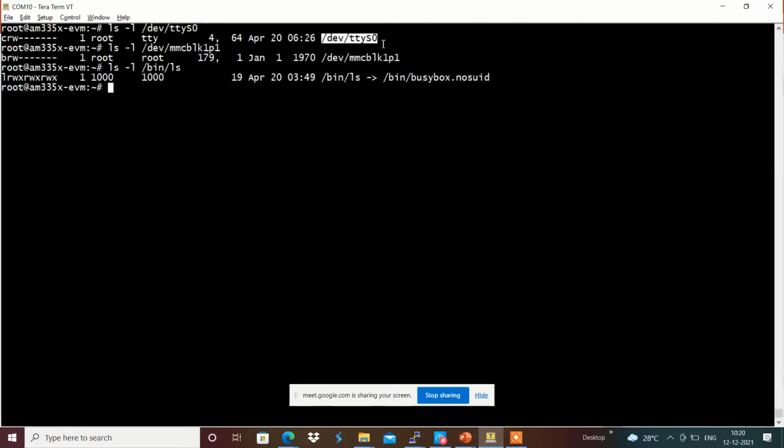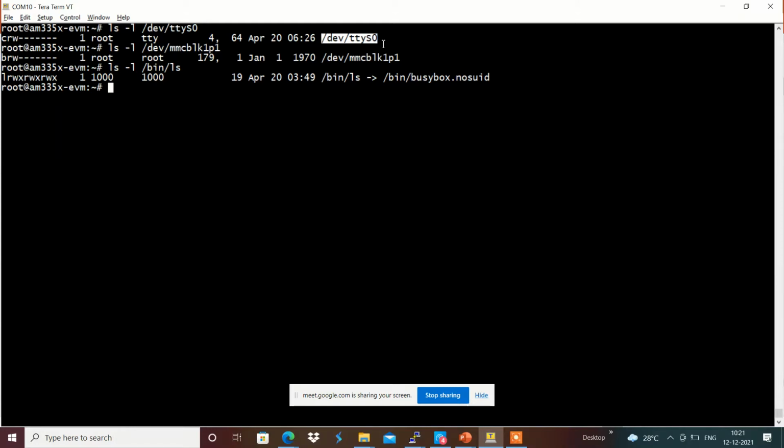It does not contain the driver. The driver will be present within the kernel. /dev/ttyS0 is the device file which will be used by the application interface to access the kernel driver present within the Linux kernel.